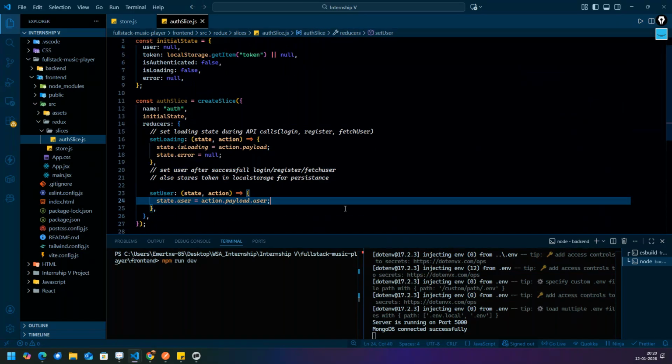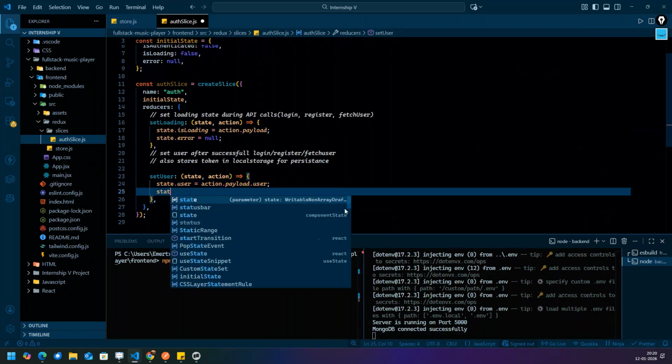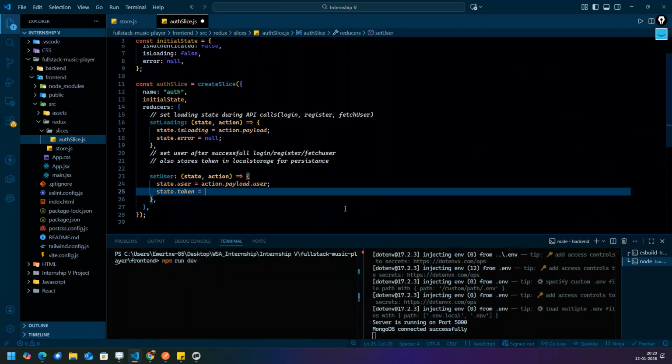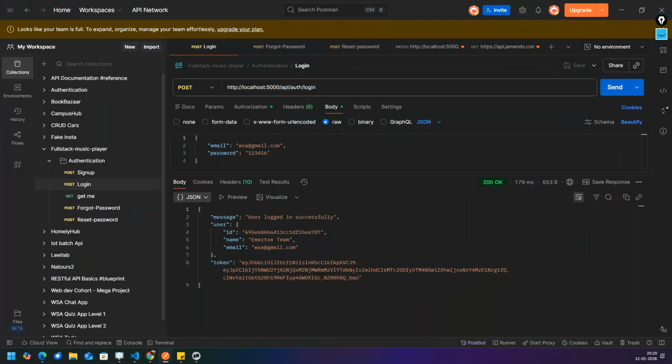Are you able to understand? Are you able to correlate now? Okay. Now state.token is equal to what should I write? You tell. See the response over here and tell me what should I write.